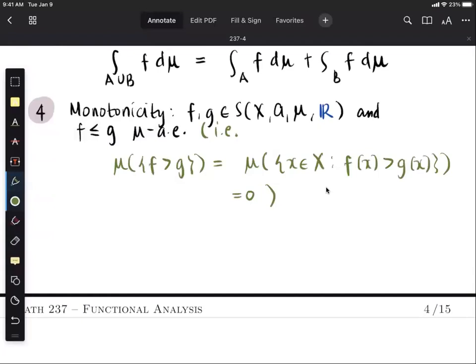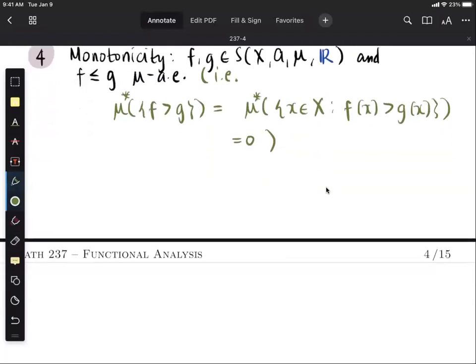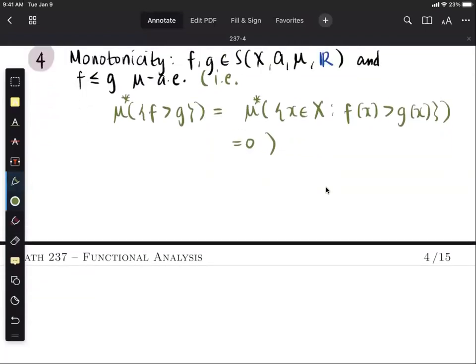So f less than or equal to g mu almost everywhere means that the set where the inequality is violated has a pre-measure of 0. A while ago, I mentioned that this is the outer measure. One could also formulate this in terms of the outer measure, m star. So what would be the outer measure